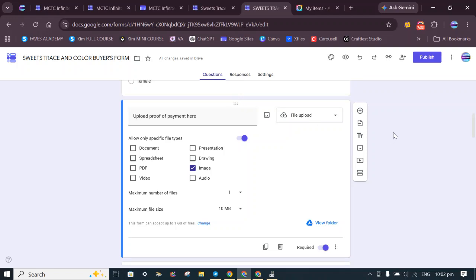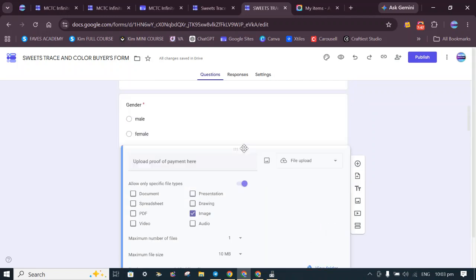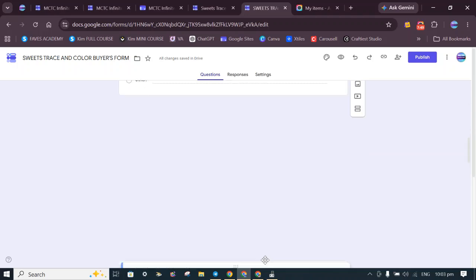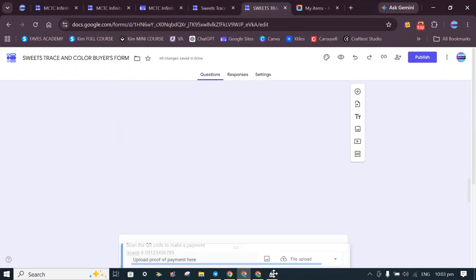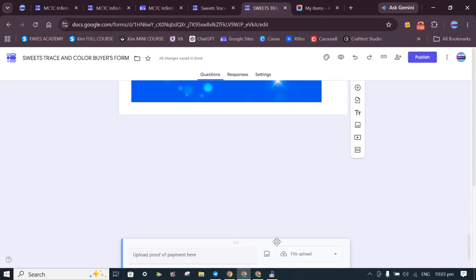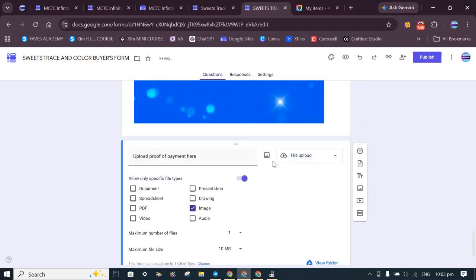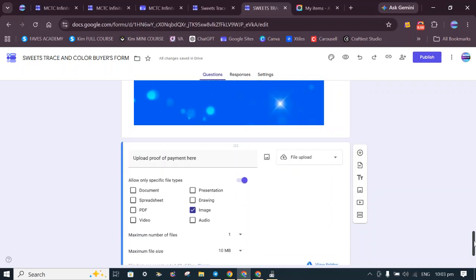So you can just hover your mouse here dito sa six dots, and then just click on that until it becomes a cross arrow, then just drag it down. You can see, drag it down, drag it down. Here you go, and put it there. As you can see, it's already in sequence there.